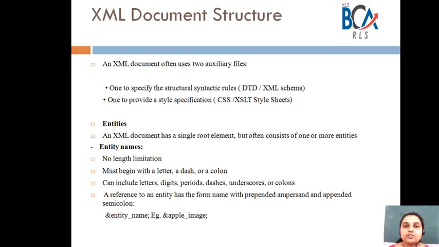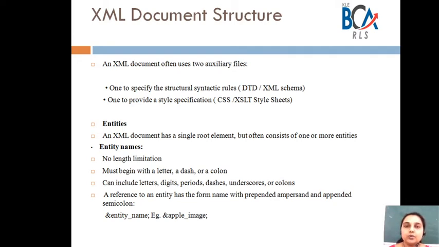How are entities going to be defined? Entity names can be any length. They must begin with a letter or an underscore or a colon. After the first character, a name can have letters, digits, periods, dashes, underscores, or colons.